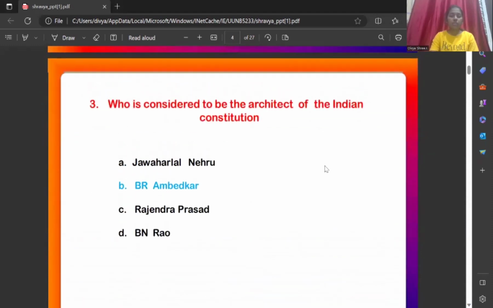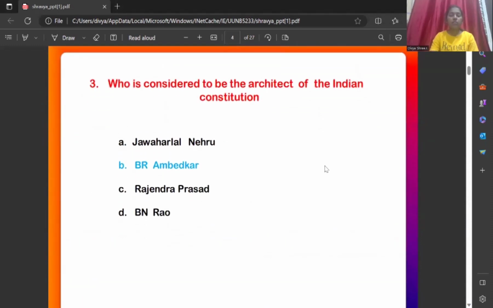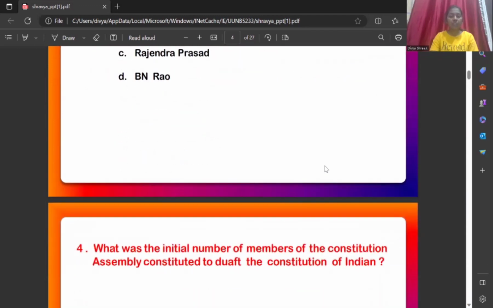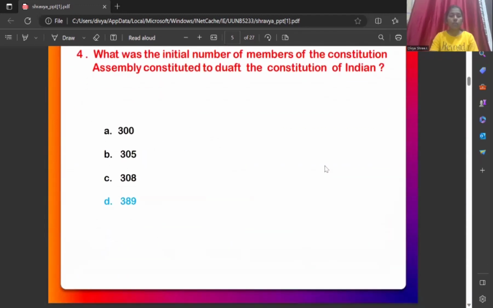And the third question is, who is considered to be the architect of the Indian Constitution? The options are Jawaharlal Nehru, option B is Dr. B.R. Ambedkar, option C is Rajendra Prasad, option D is B.N. Rao. And the fourth question is, what was the initial number of members of the Constituent Assembly constituted to draft